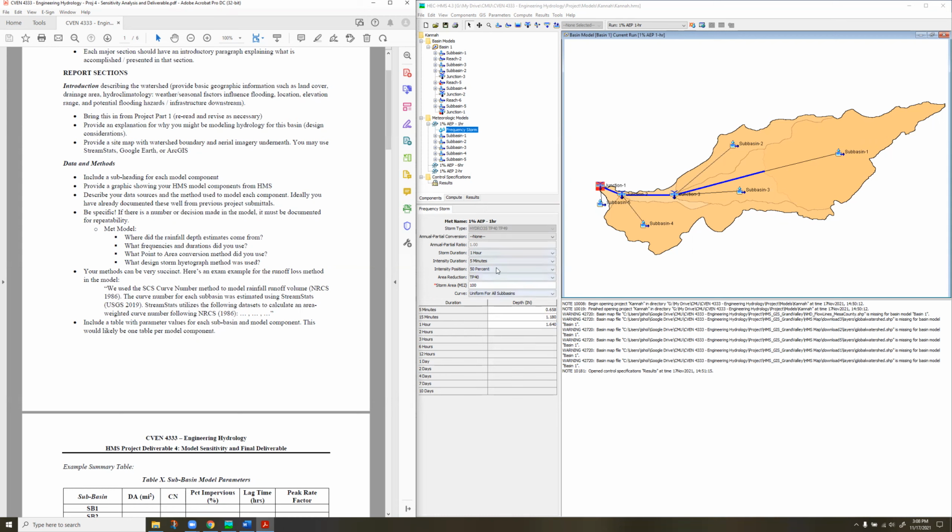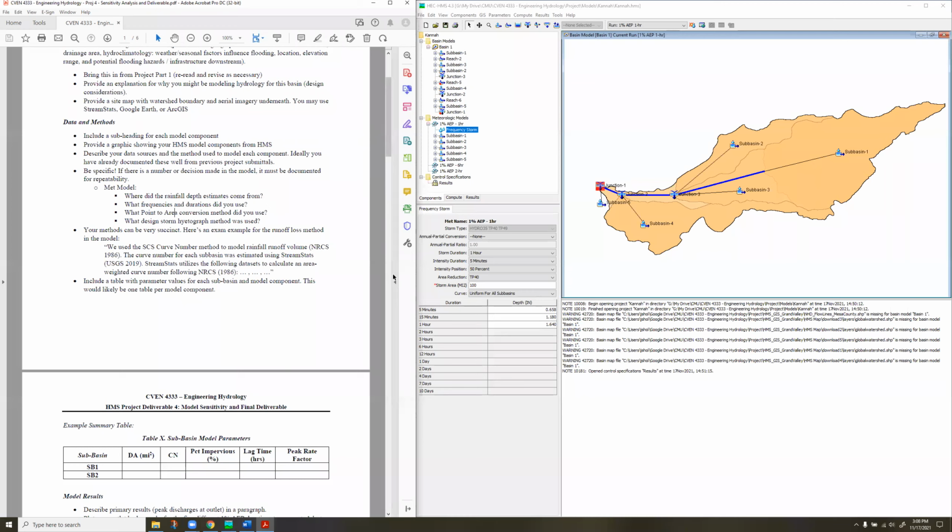And then these are things you're already going to be summarizing, right? We don't need to get into this detail, but that's the basic information. So we used a uniform curve for all subbasins, and that's based, I believe, on the area reduction method. So very detailed, right? If someone is checking your work, like your supervising engineer, or if this report goes out to a regulator or something like that, we want to make sure that you've covered all your bases and you've documented everything. Let's be very specific in the